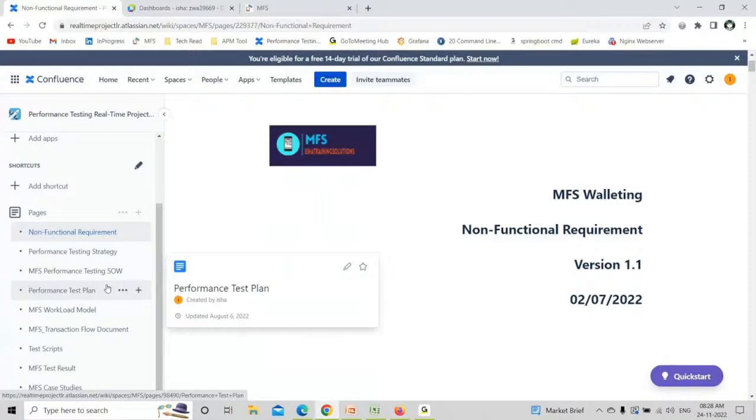This is good knowledge for people who are at a performance tester level. So if I can show you, if you are at the performance test specialist or performance engineer level or a performance test